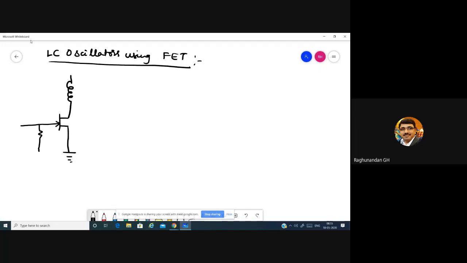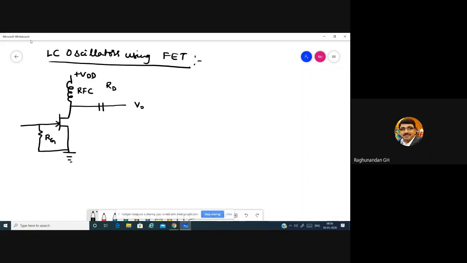So this is what we already have for our FET: VDD, and this is the output, and here you'll have some capacitor. This is the basic fixed bias circuit using FET. Here we have used RFC. You can use RFC or you can just use RD also. Anything is fine. Some books prefer to have RFC, some will have RD. Both are correct.